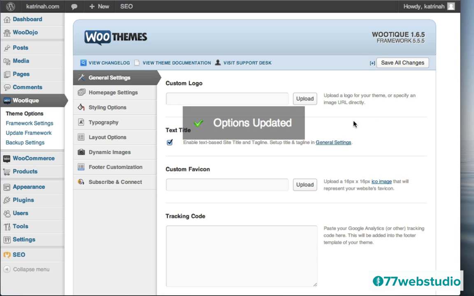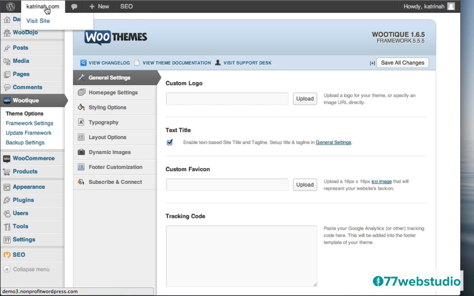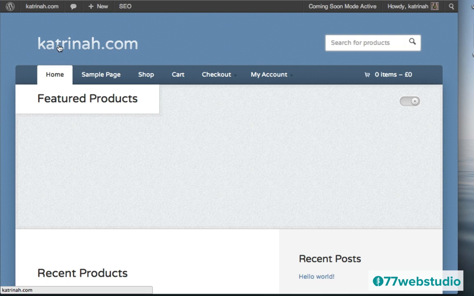Again, the reason that I'm doing that is because sometimes when you don't click on these Save Changes buttons, even if you haven't made any changes, sometimes the Wooteek will continue to show in the header section. So I want my domain name, my text title to show up, so that's why I clicked on Save Changes right here. Now let's take a look at the header on the home page. To do that, I'm going to go up to the top left-hand side and click on Visit Site to visit the site. Okay, and here we see now I have my new text title showing up in the header. That's exactly what I'd like.